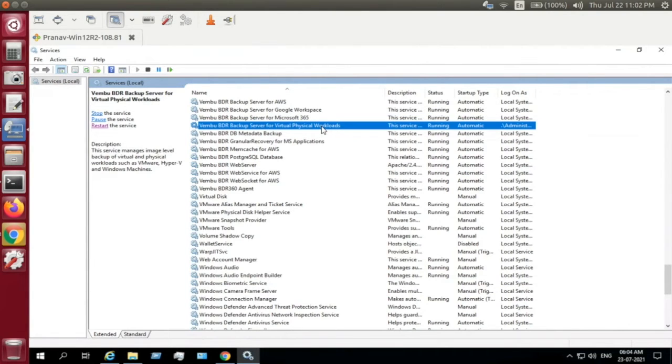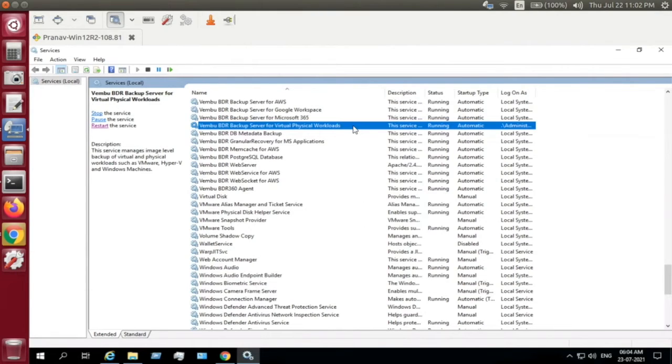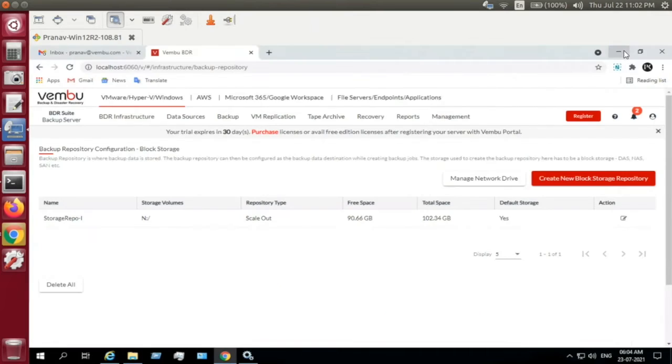Initially it will be running on the local system account. You have to change it to run with administrator privilege. Why? Because only then can you add the host you're trying to back up to this BDA backup server, since to add the host we push an agent called Wembu Integration Service. Only through that agent is your backup processed.